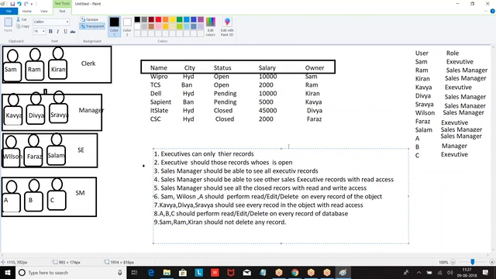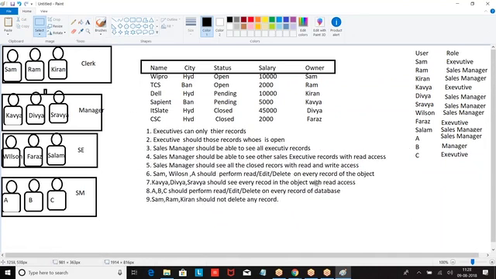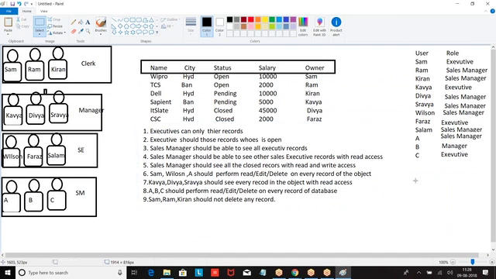From this requirement, you are supposed to analyze what OWD we have to give and how we are going to grant extra permissions. Now, let us start doing one by one.